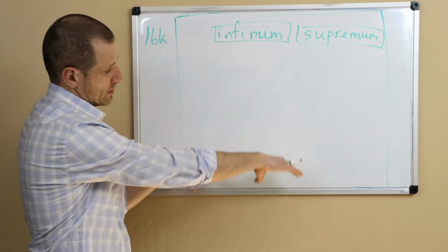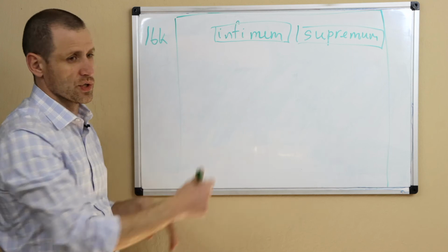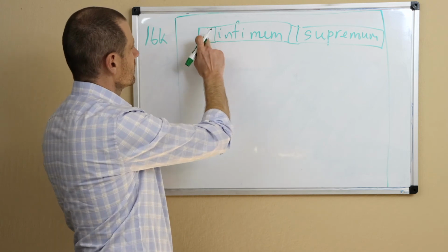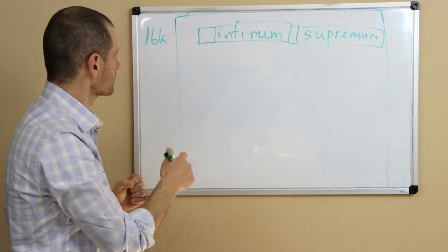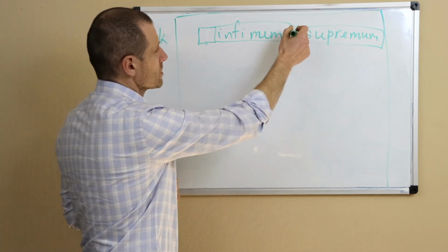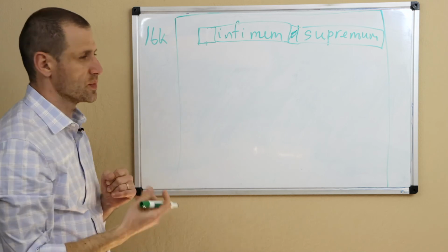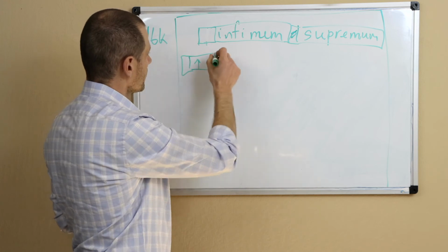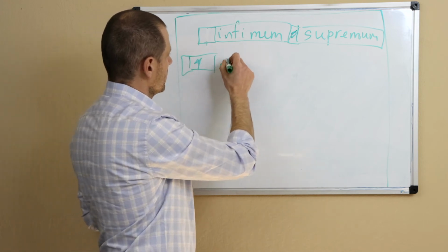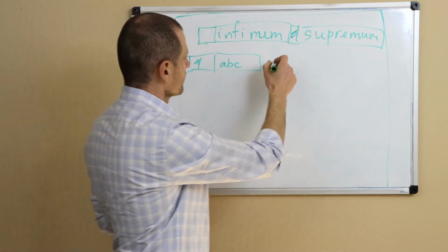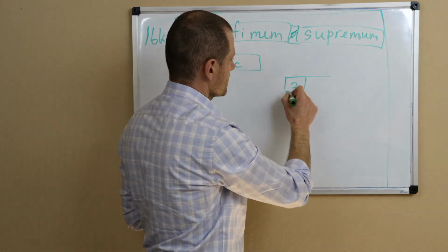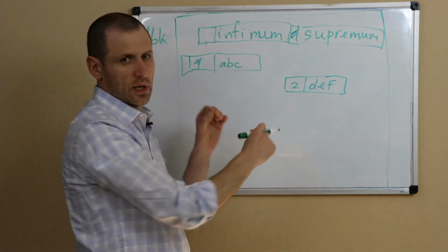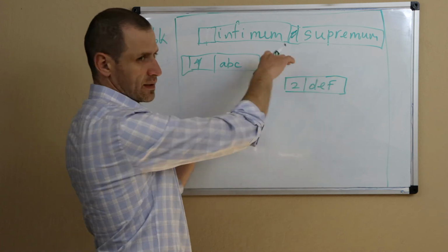But then in the remaining part of the page, we have user records. Infimum record stores a pointer to the next record, and Supremum stores 0 here because there is no next record for Supremum. So we have some user record, let's say it's 1, with some value. Then we have the next record, DEF, and so on. Logically, they are linked together, but physically they can be in different parts